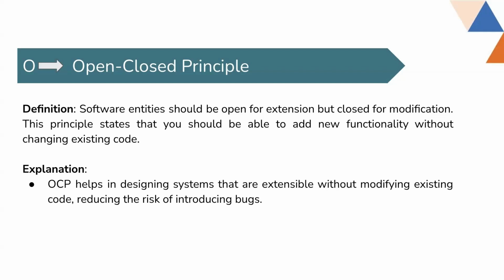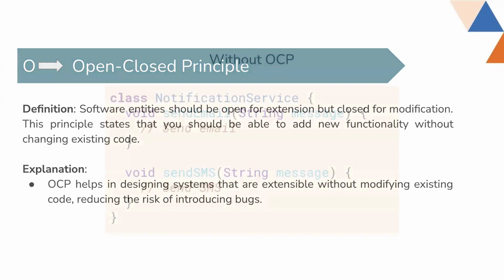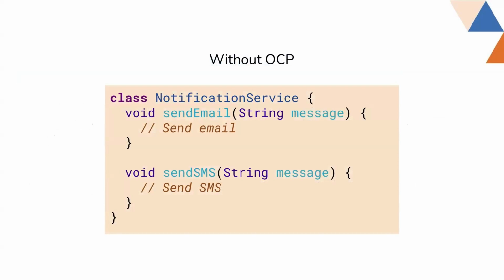It's just an extension, we are not modifying the entire OS. So this way you can say the principle is likely about this. When we are doing the code, we will not modify everything, we're just doing the extension. To give an example, this is a service that doesn't follow the open close principle, because the notification service, you